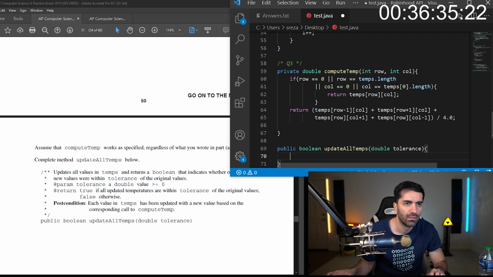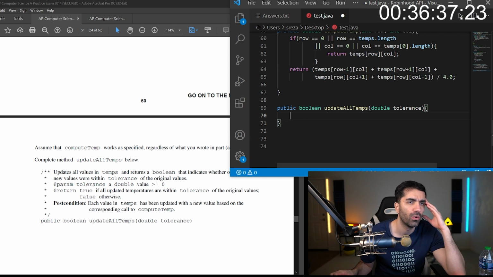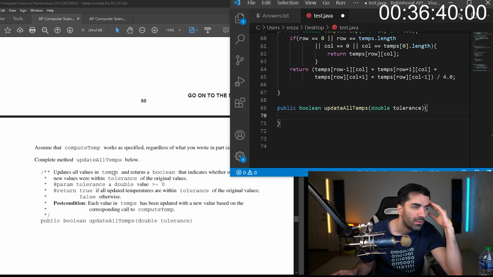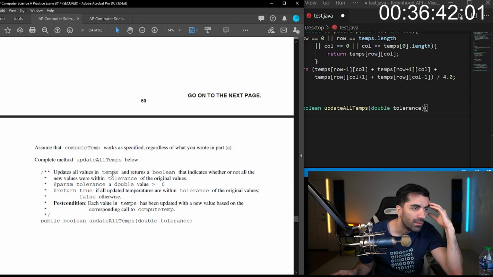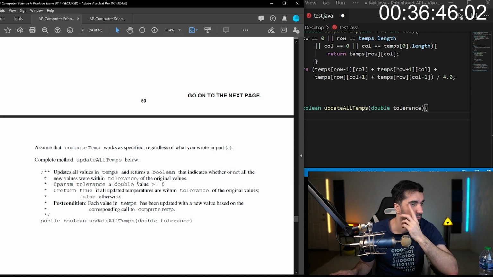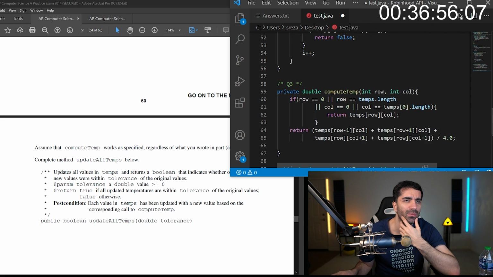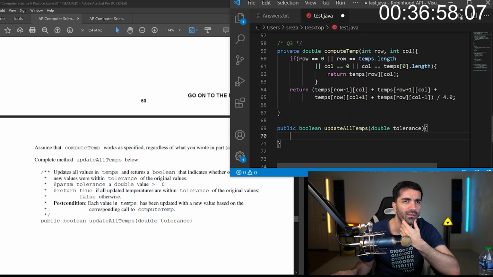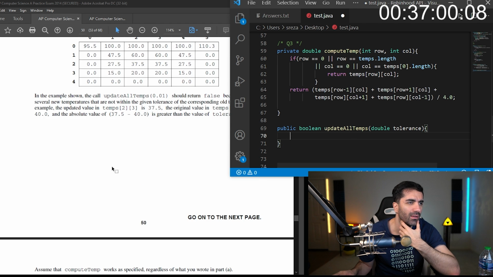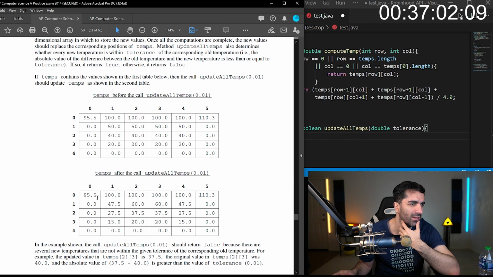Tolerance. So the whole thing returns a Boolean, and it updates all values in temps. What do we update the values with? That's the part I'm confused about, is what updates.